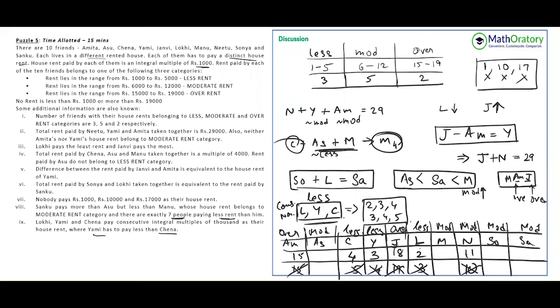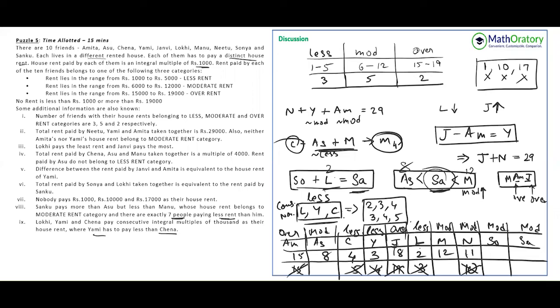So M has to be the highest one. So both of them cannot be 10, 10. So this has to be 12 and 8. So AS and M, or M and AS in that order, is 12 and 8. And SA will be lying in between these two numbers, right? So SA has to be in between 12 and 8. This is 12 and this is 8. And SA will be lying in between those two. And also, SA is 2 more than, because L is 2, if you remember, SA is 2 more than SO.